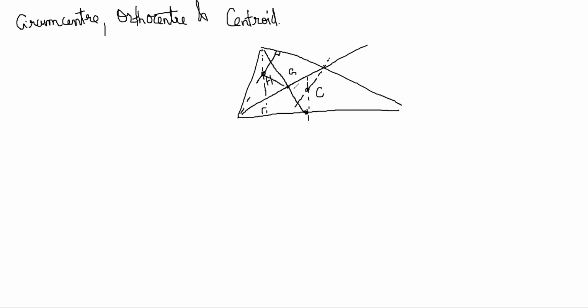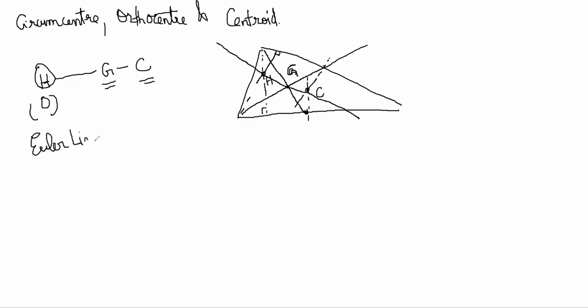So what is happening is this is a straight line, HGC. If you call this O, you get orthocenter, which can be called H or O, and G is centroid, and circumcenter is C. Then this is called the Euler line, after the mathematician Euler, who first found out that these three lie on a line.